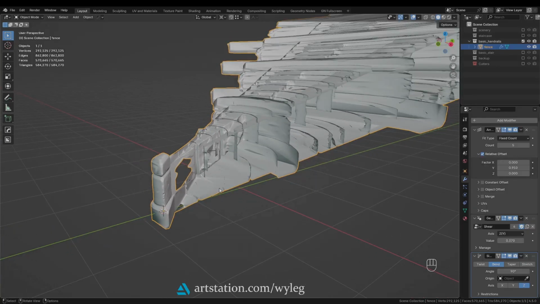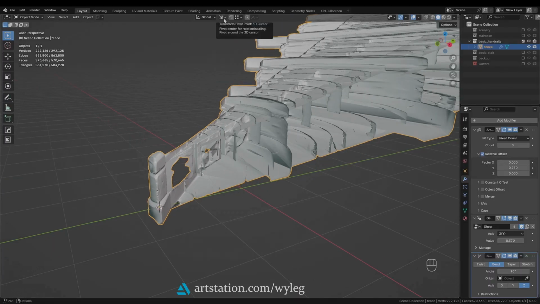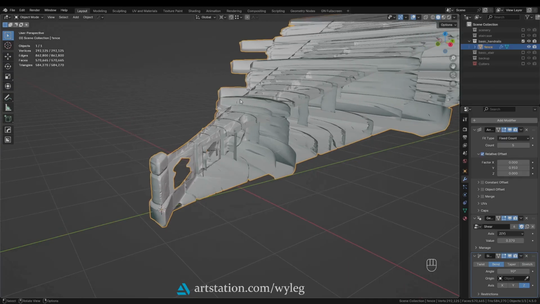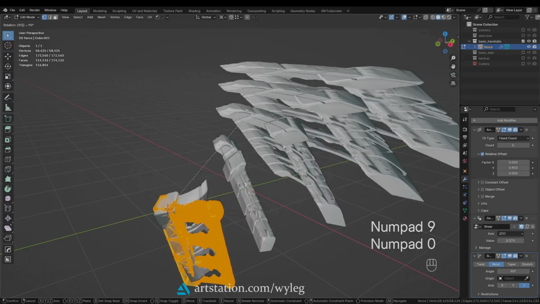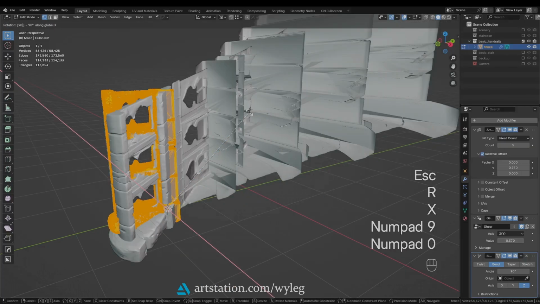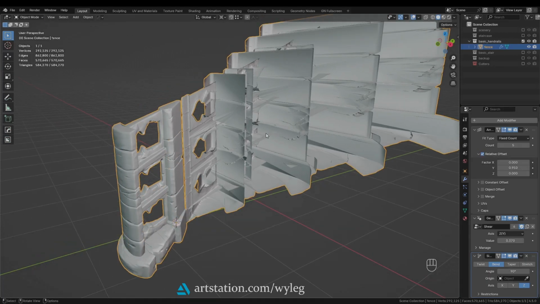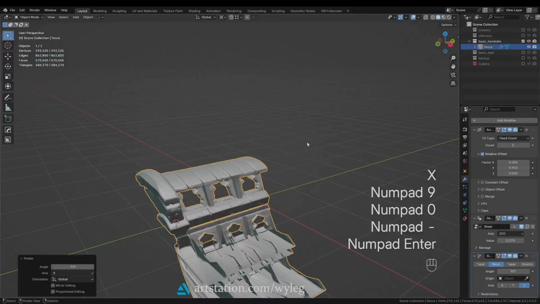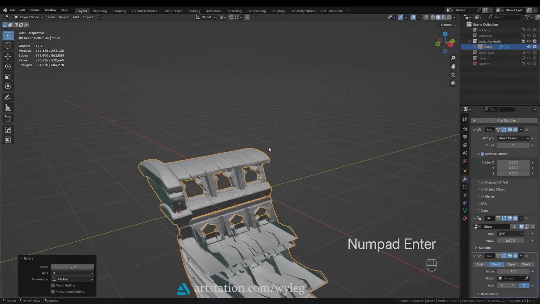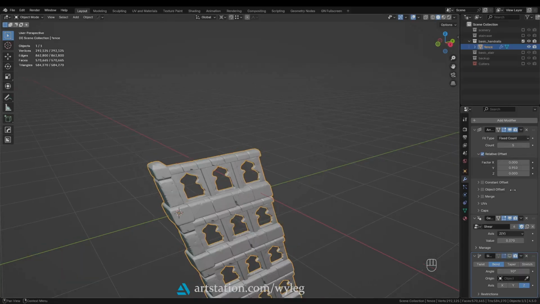We need to set the 3D cursor to our object, set the transform pivot point to 3D cursor, switch into edit mode, rotate our mesh on X axis by 90 degrees, like so. Switch back to object mode, rotate our object by 90 degrees on X axis back. Now that we have changed the axis of our object, we need to adjust our modifier stack.